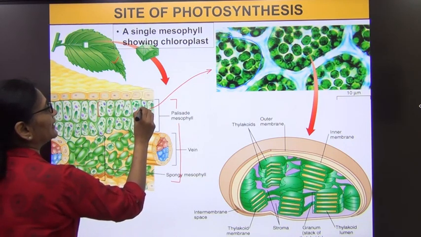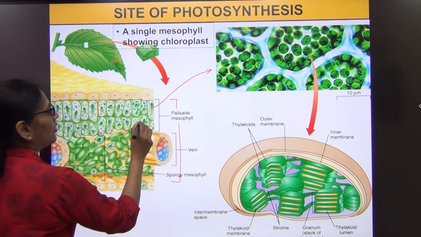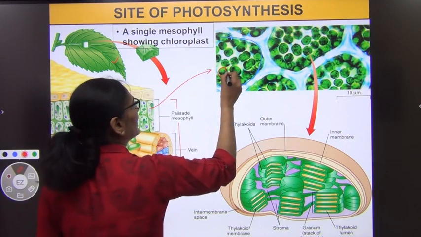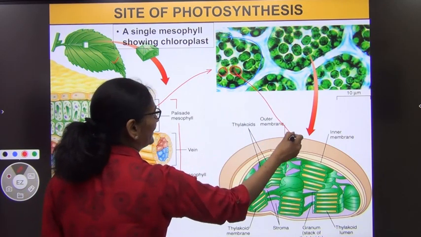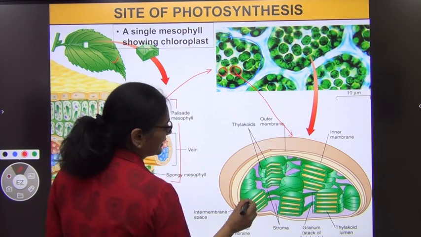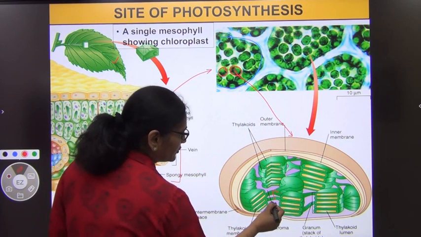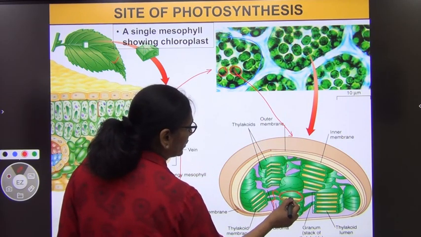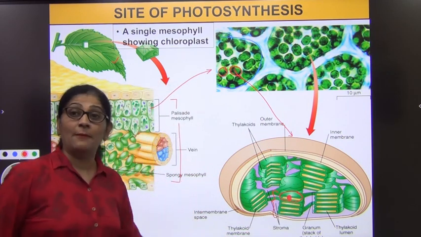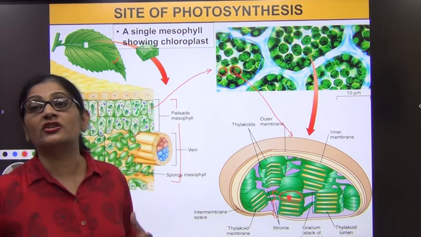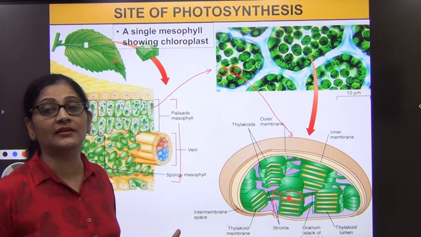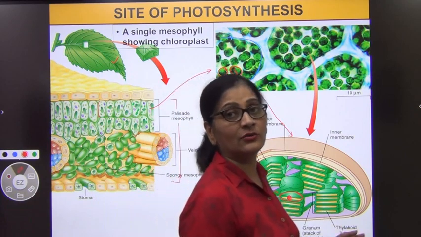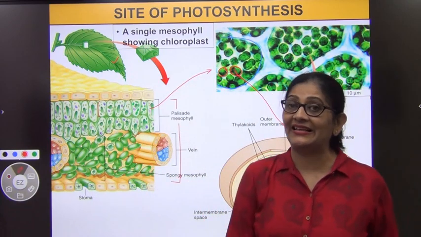You see how abundant they are. Within these cells there are many green colored organelles, called chloroplasts. This chloroplast consists of grana, which you must have learnt in class 9. The entire stack is called grana, and the individual disc is called thylakoid, and within this thylakoid is found the precious chlorophyll molecule, which is responsible for converting solar energy into chemical energy, that is, performing photosynthesis. So finally we have found out where photosynthesis exactly takes place.